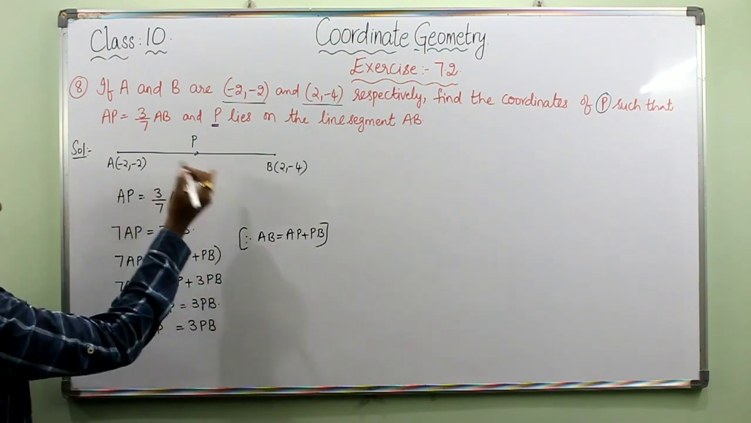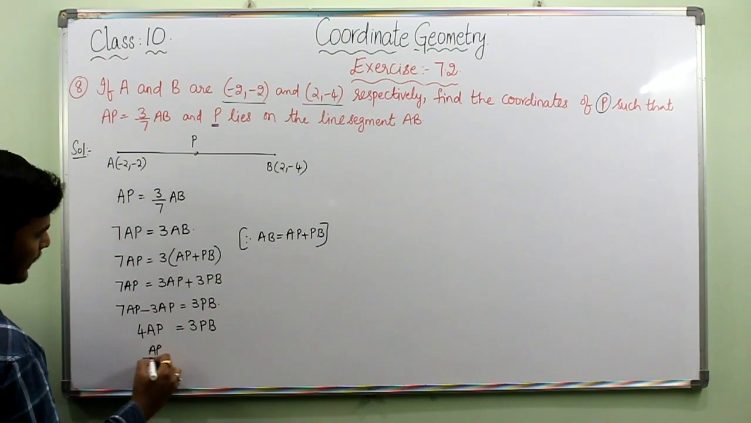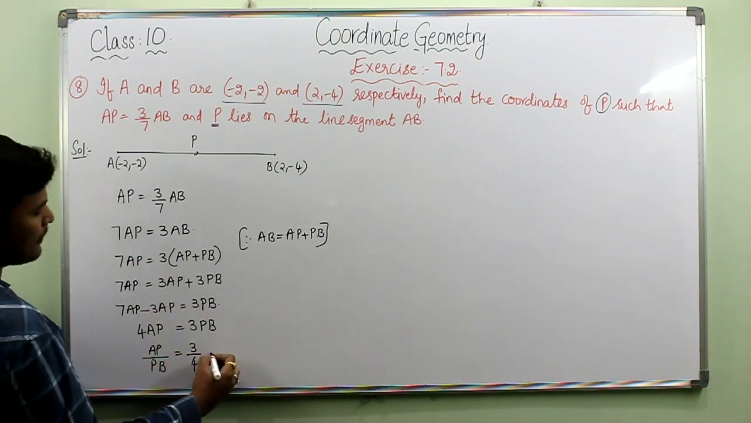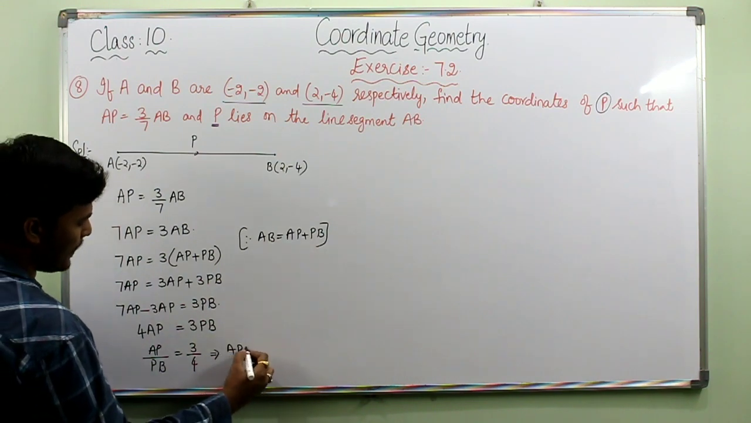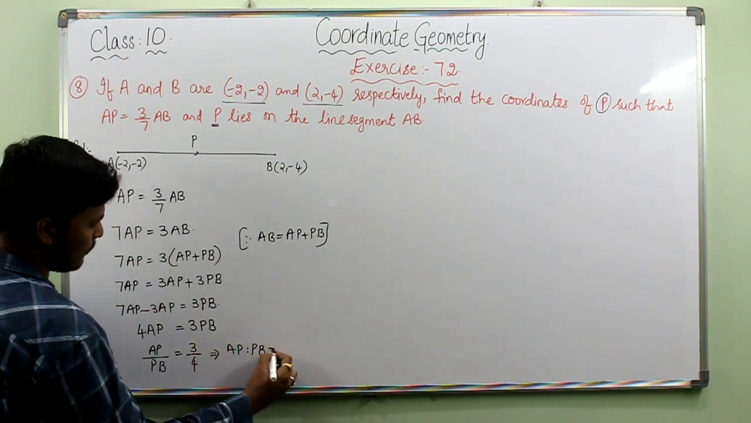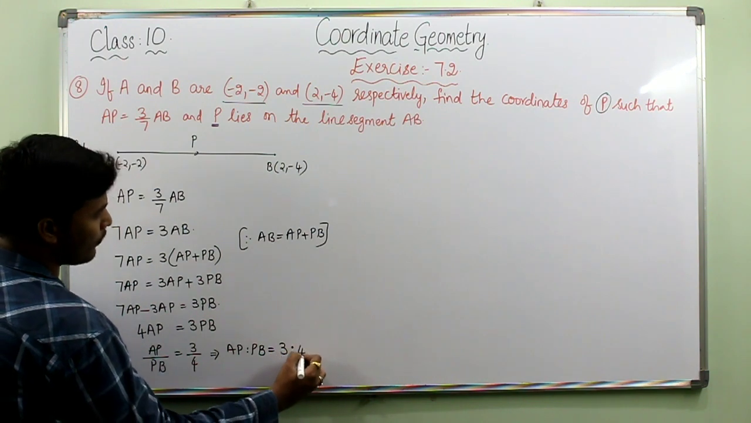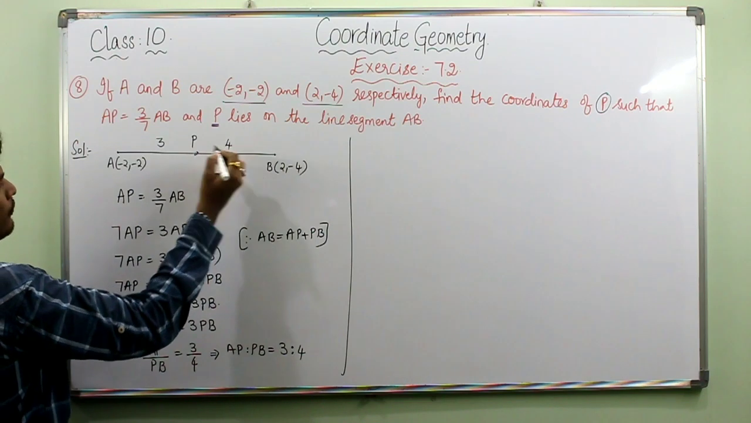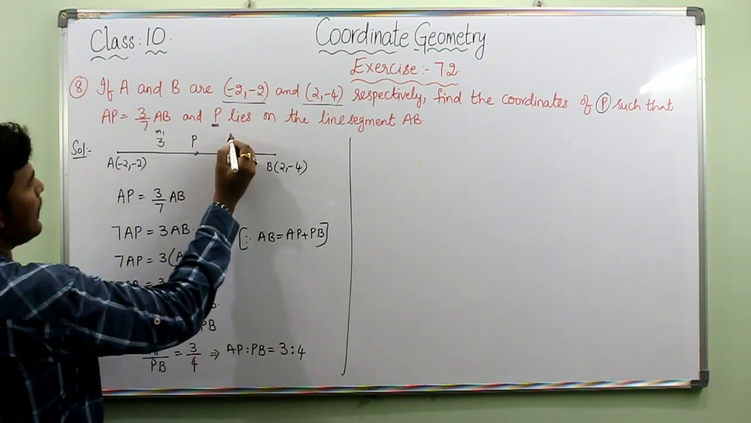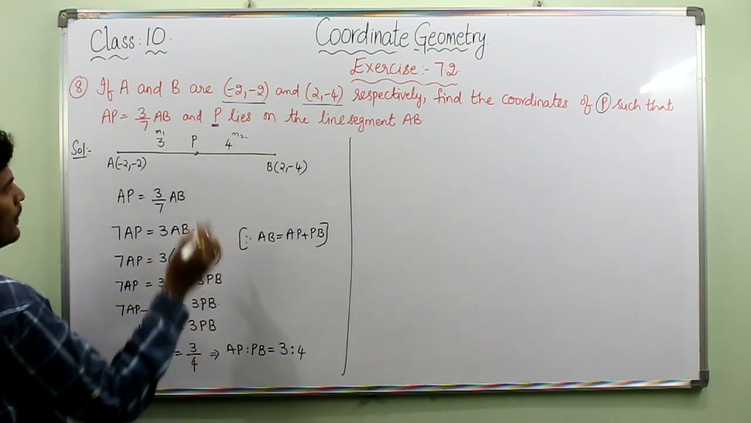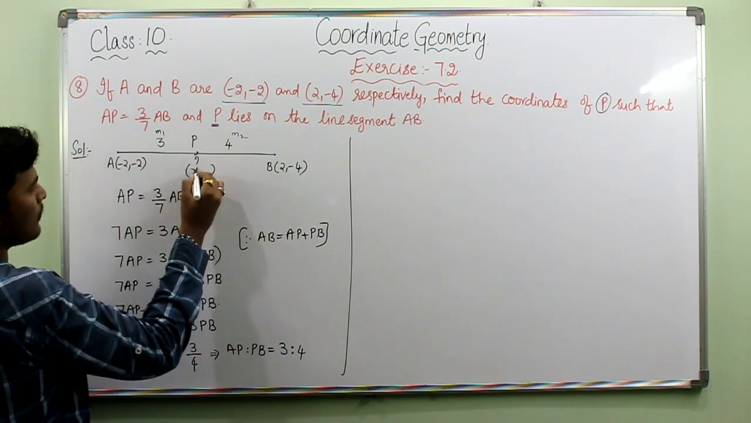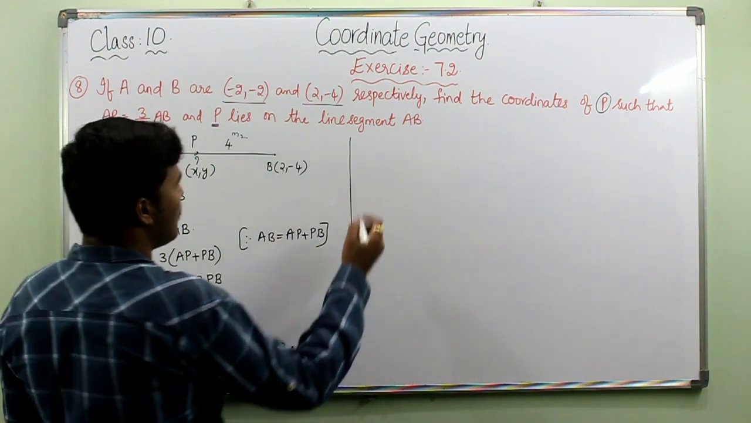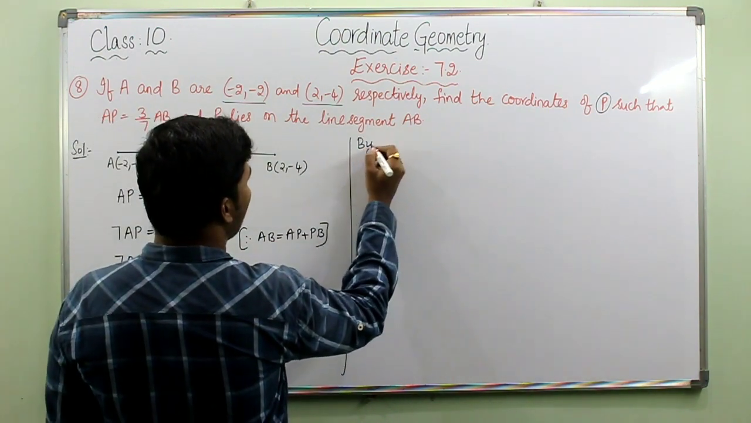Now we have the ratio AP by PB is equal to 3 by 4, which is nothing but AP is to PB is equal to 3 is to 4. Now we got the ratio as 3 and 4, so our m1 will become 3 and m2 will become 4. Now we have to find the coordinates of P, that is x comma y. So for that, by the section formula,